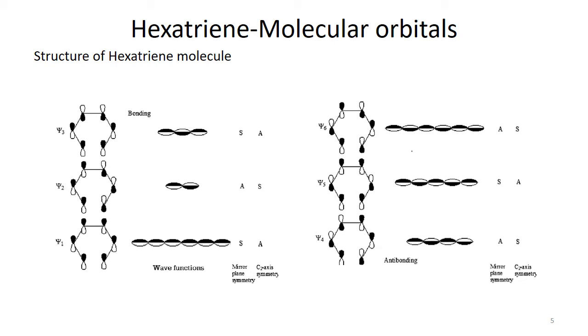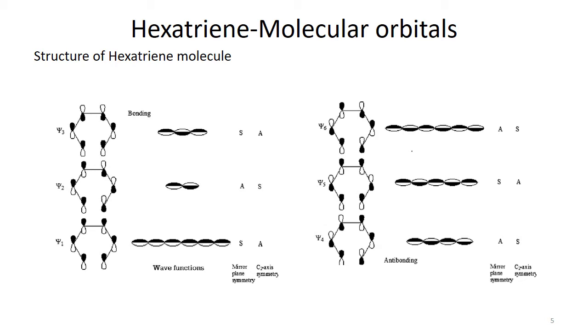Talking about the C2 axis of symmetry, if you have an axis through the center of the line joining the two nuclei and rotate by 180 degrees, you get all the signs inverted. So this one is quite different from the initial diagram of the psi1 wave function, or you can say molecular orbital diagram. So this one is asymmetric with respect to the C2 axis.